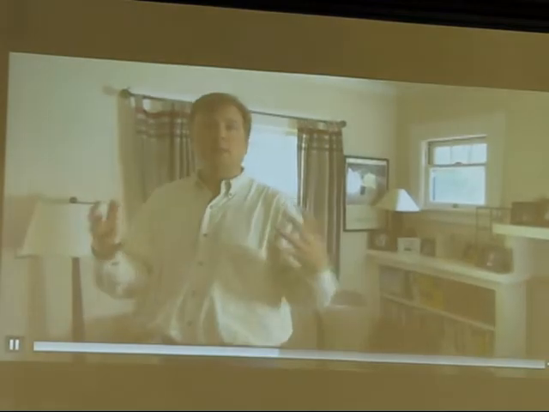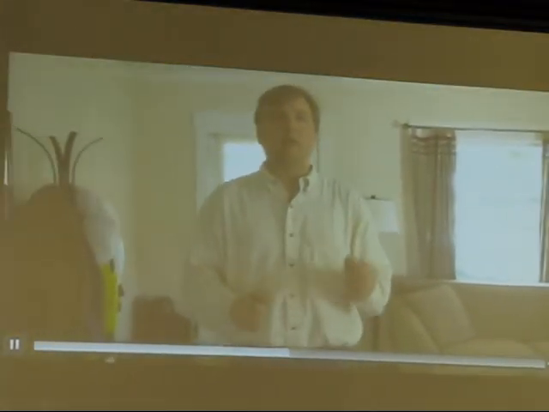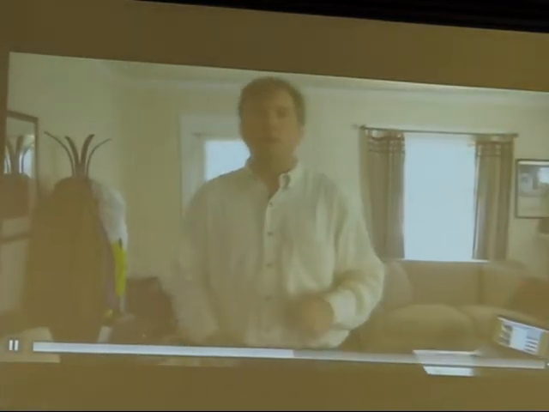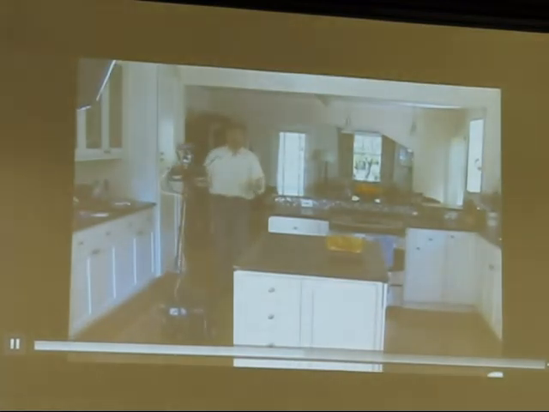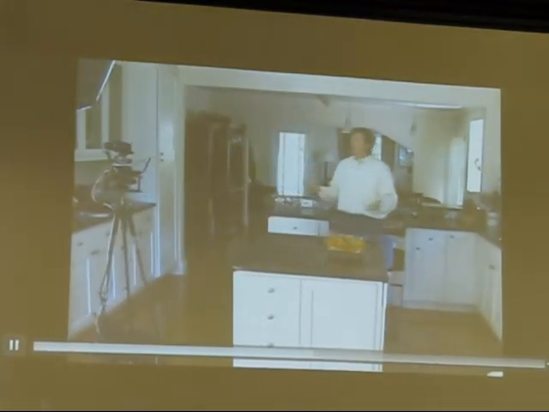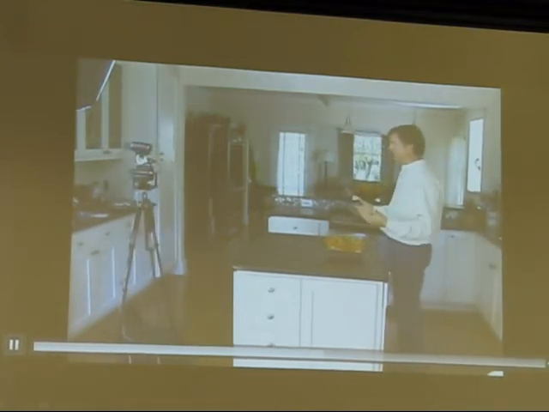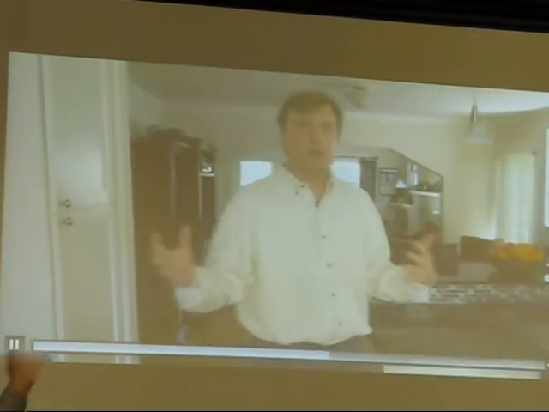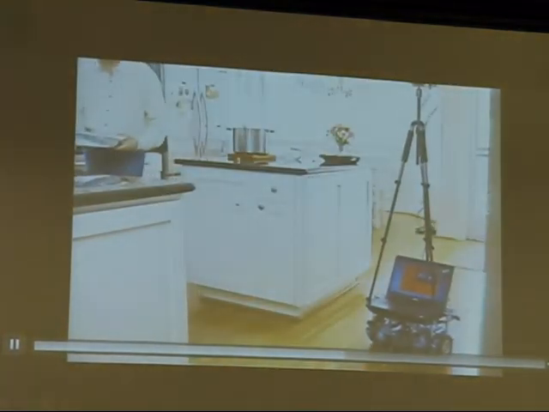So this is my video. This is the smart tripod doing its thing. You can see I'm talking to the camera, and this is the actual video camera, and it moves pretty nicely. And here's the behind the scenes video. I actually thought it's better than what my spouse probably would have done. So here's the turn. It does a pretty good job. You can see I'm not jogging. I'm walking deliberately, but not particularly quickly.